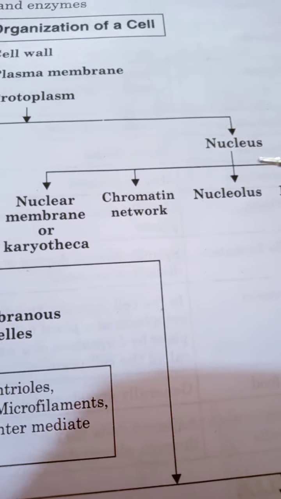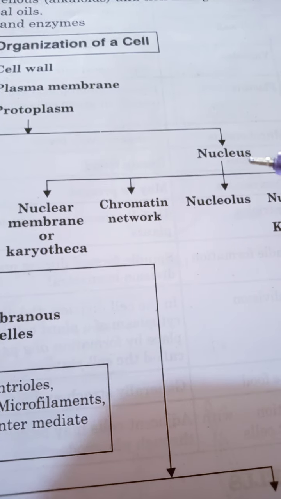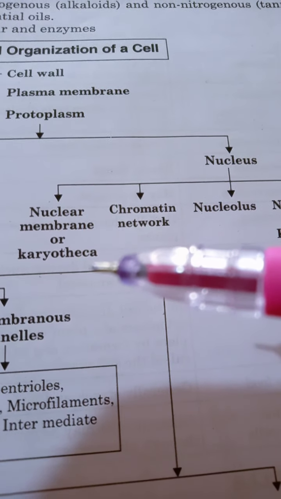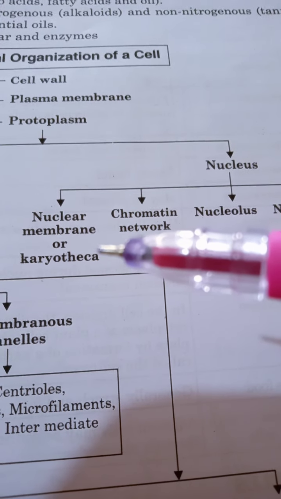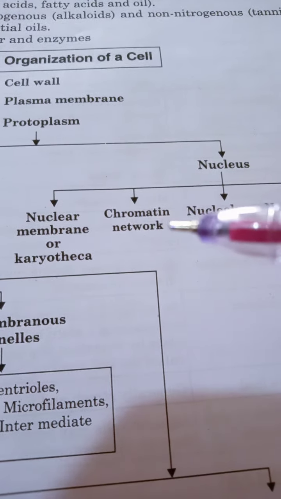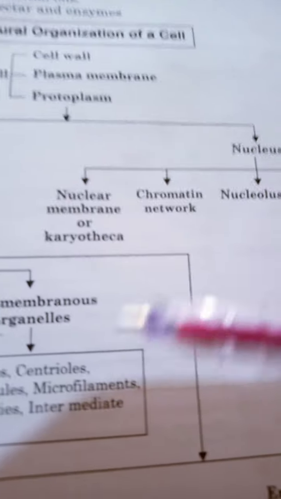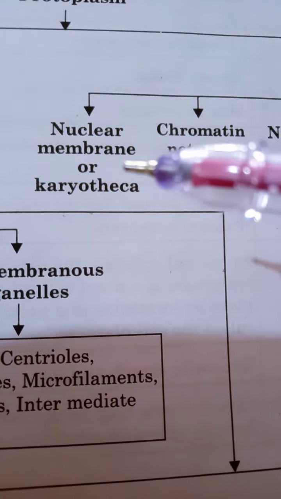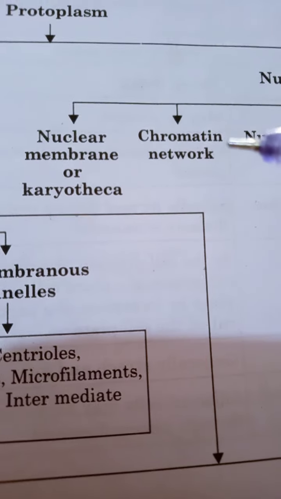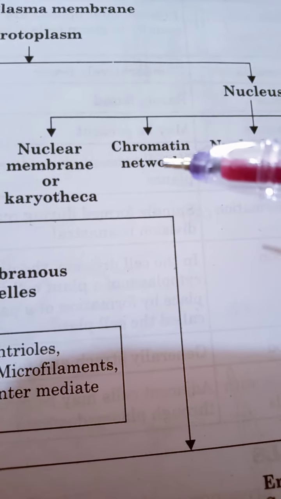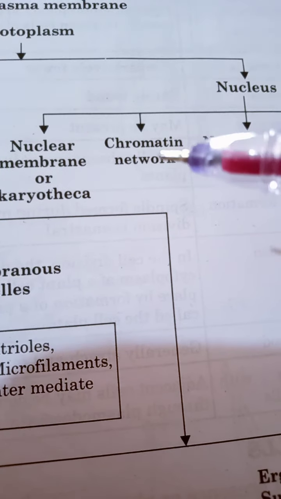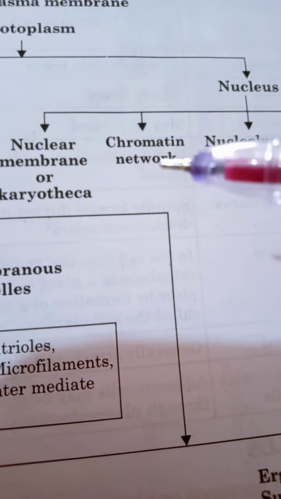Coming back to the second major category of the protoplasm, that is nucleus. Nucleus could be divided into nuclear membrane or karyotheca, that is the limiting boundary or periphery of the nucleus, chromatin network, nucleolus, nucleoplasm, or karyoplasm. Nuclear membrane is of course the outermost boundary or karyotheca. Inner to it is a messy network like structure, that is chromatin network, and that has the genetic material, that is your DNA,